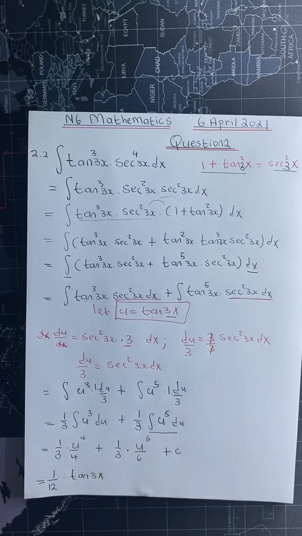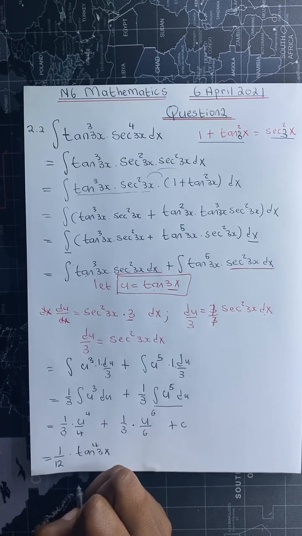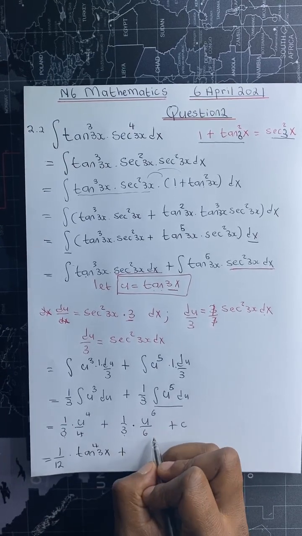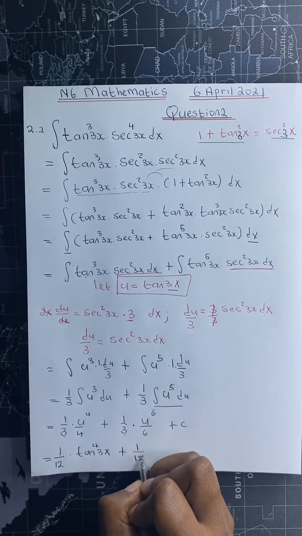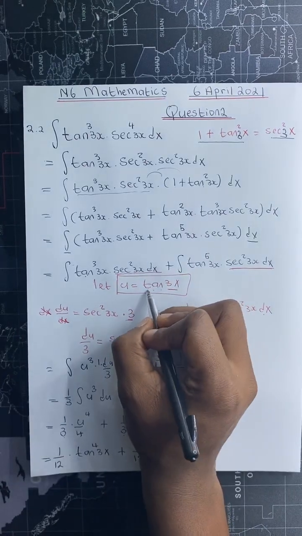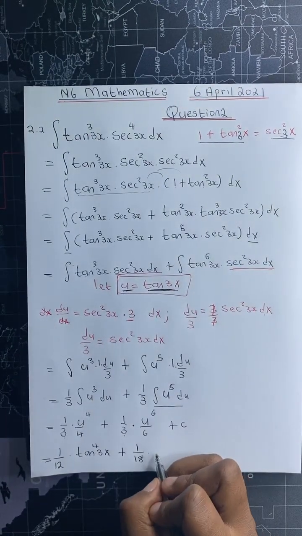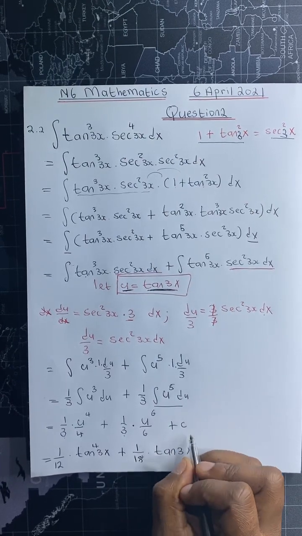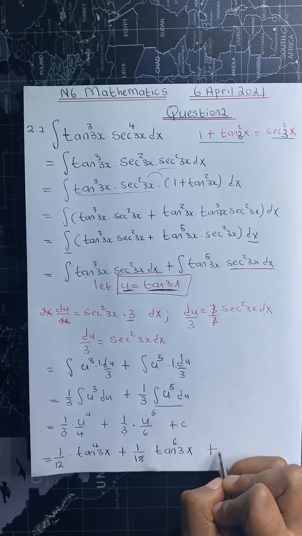The u is raised to the power 4, so let's also raise the tan to the power 4. The denominator 3 multiplied by the denominator 6 is equal to 18. In the place of u, we substitute back tan 3x, because u is equal to tan 3x. The u is raised to the power 6, so we also raise the tan to the power 6, and our